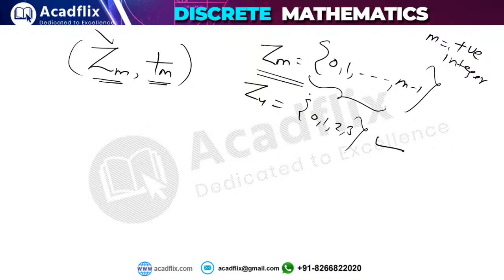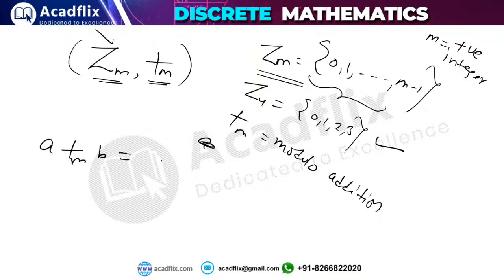Now what is this operation? This operation is nothing but modulo addition. What do I mean by modulo addition? A modulo addition B is nothing but A plus B mod M. For example, if you have Z4, then what will be 4 modulo addition